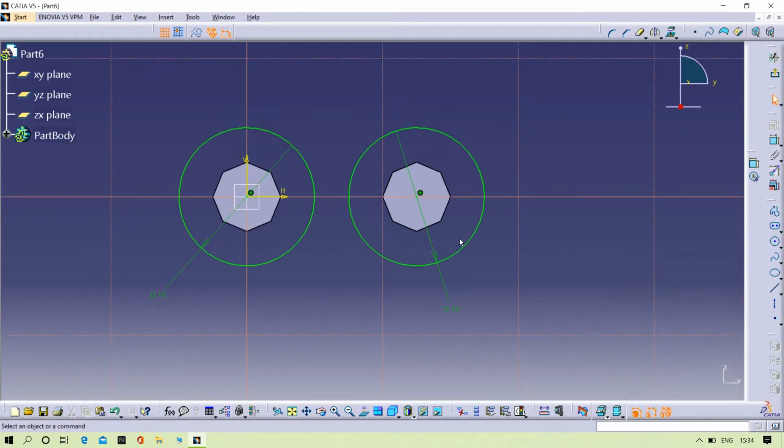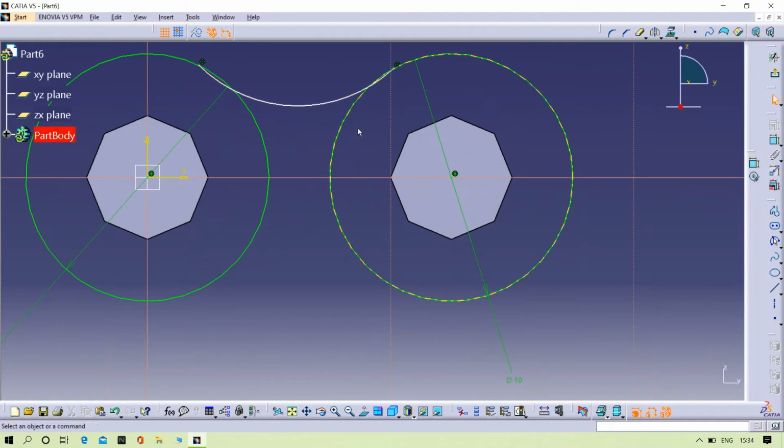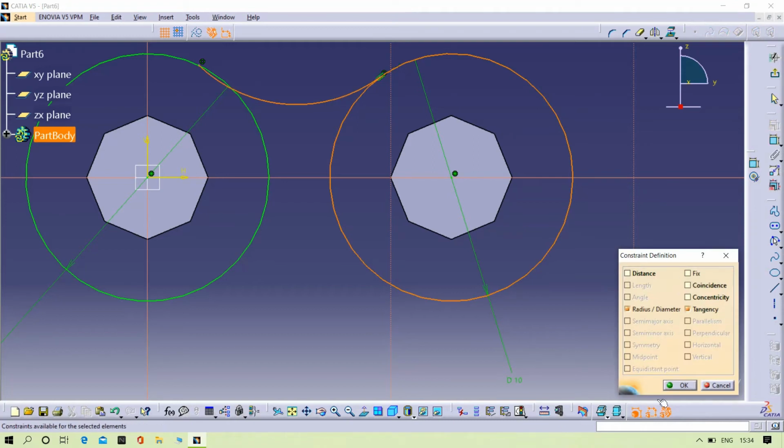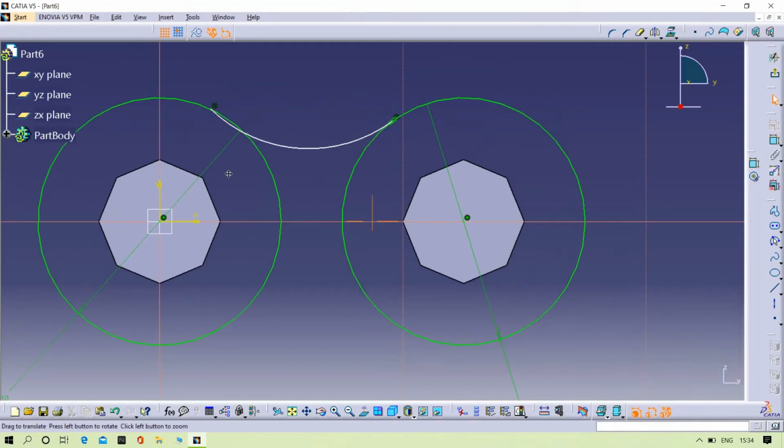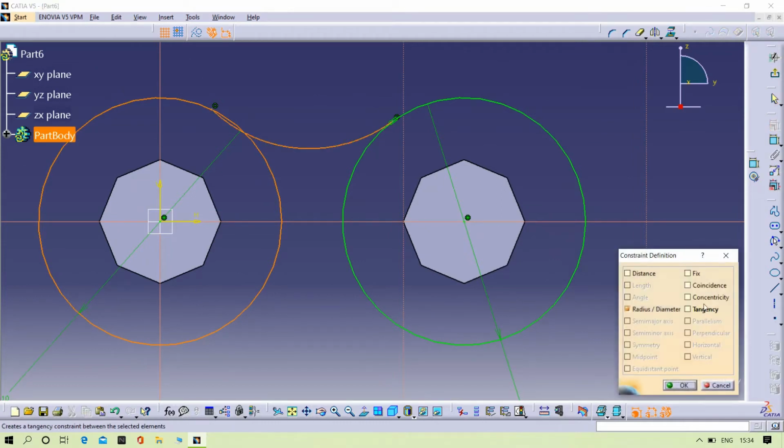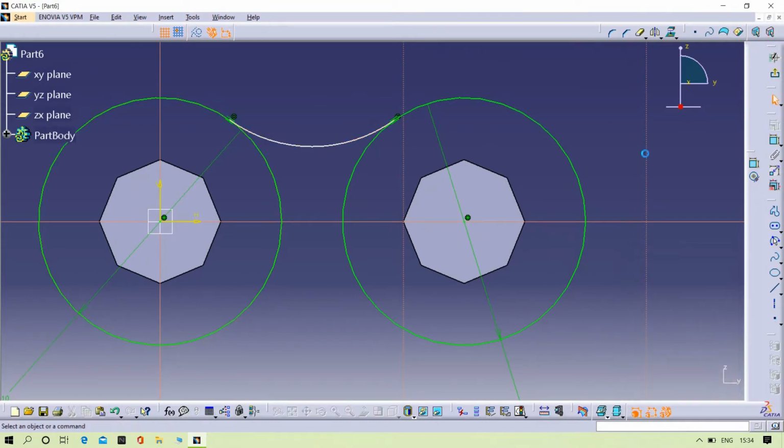Now we need to draw the one arc. Then try to make it tangent for these two circles. Tangent. Click OK. Same here also we need to do tangent. Click OK.